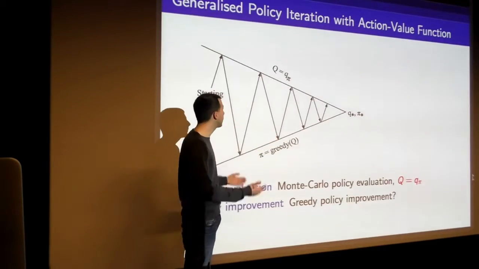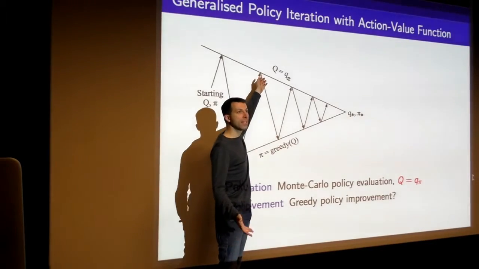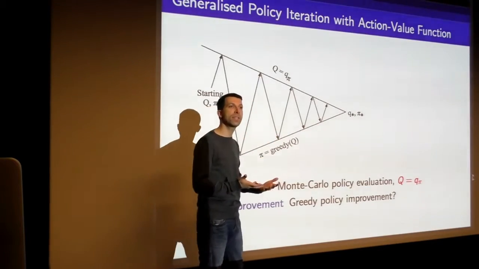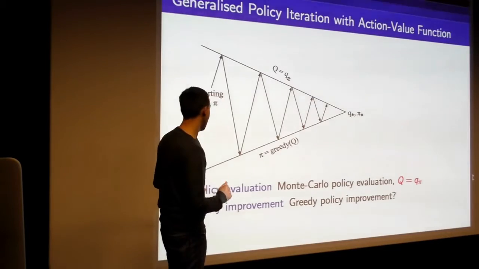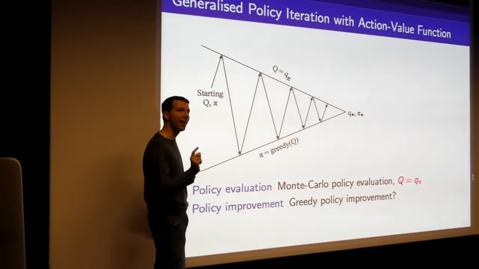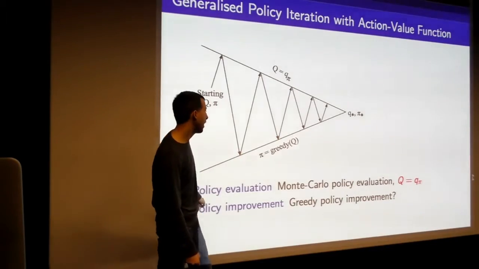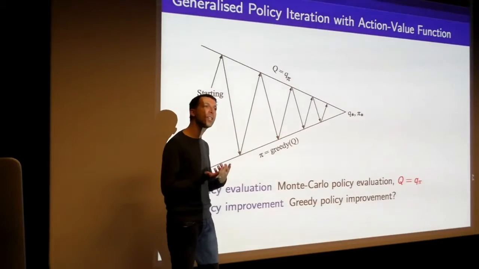We run that policy for a bunch more episodes, take the mean of all our state action pairs again, and iterate. And again, this results in Q star and pi star, or does it? The issue has already been raised by someone in the audience, which is that we're acting greedily as our policy improvement step. And if you act greedily, you can actually get stuck.